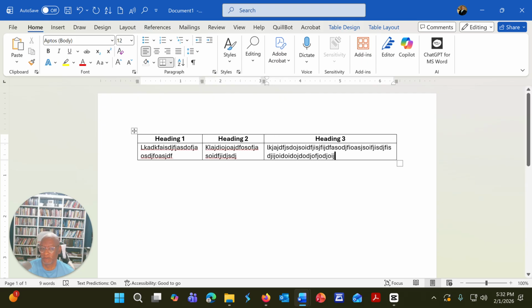The more information you put in, as when I was typing in these first two cells, it would stretch it out for you automatically. What's already defaulted in here is called wrap text. Wrap text is a default, and we can always change it to fixed text, which you may not want to mess with. But here it's already defaulted to wrap text, meaning you keep typing, and it'll automatically